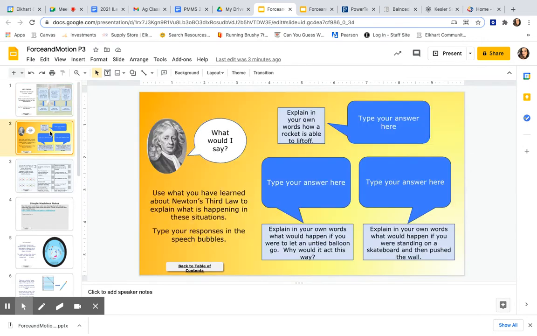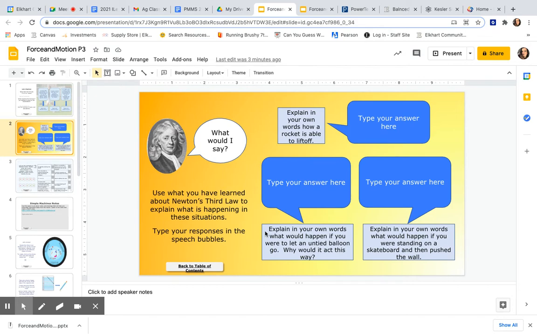Now on our second slide, you're going to tell me, use what you've learned about Newton's third law to explain what's happening in each of these situations. Type your responses in each of these speech bubbles. Explain in your own words how a rocket is able to lift off. So tell me, based on what you learned about the third law right here, and then explain in your own